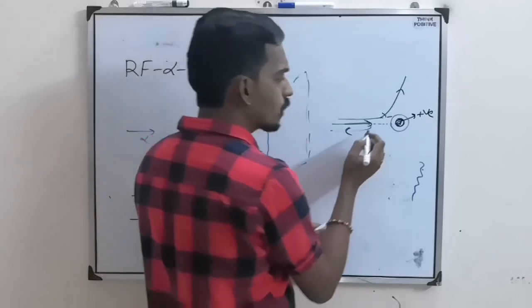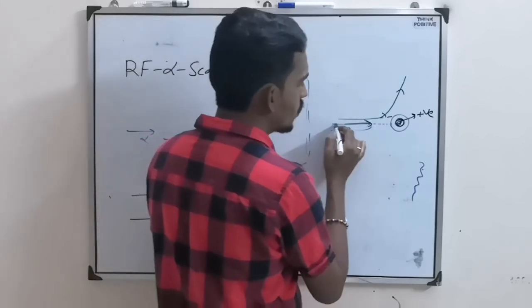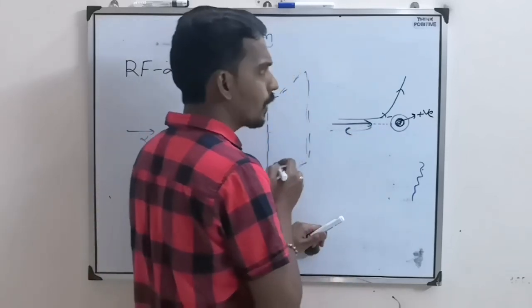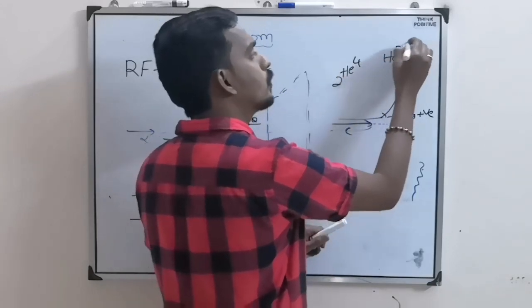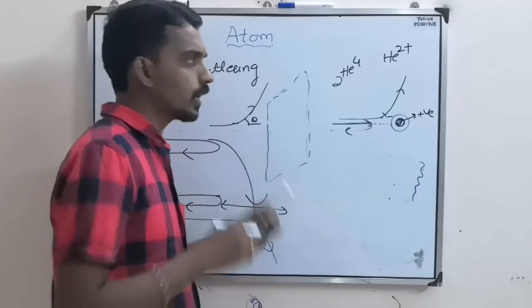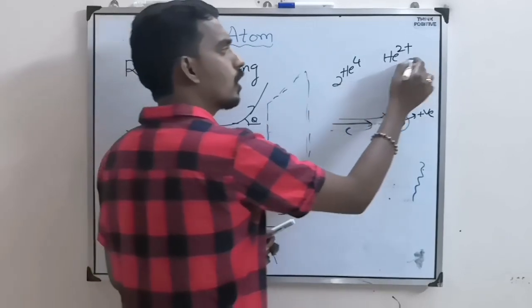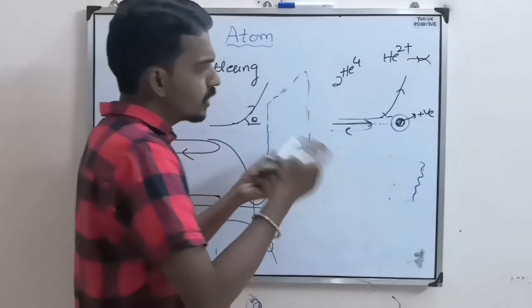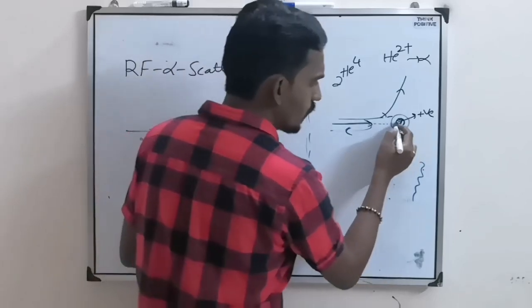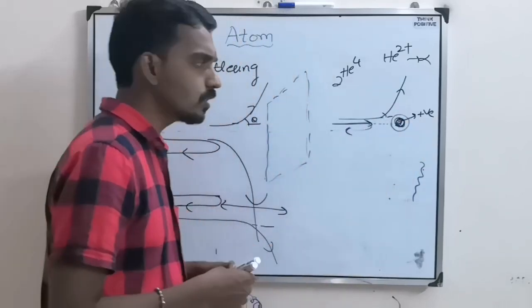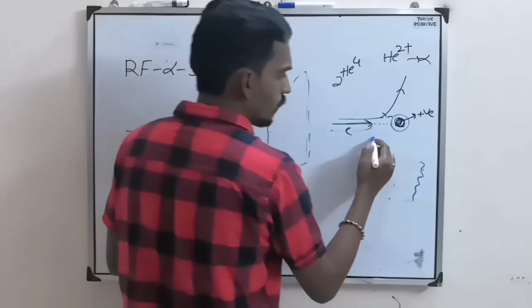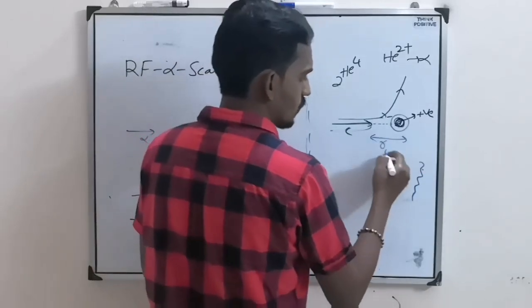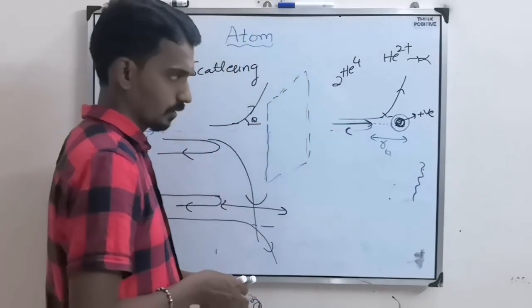That's why, due to electrostatic repulsion, the positive alpha particle, which is helium but not helium 2 plus. If you remove 2 electrons from helium, that is called an alpha particle. So it is positive charge and every nucleus is of positive charge, so it will repulse, reach some minimum distance and come back.